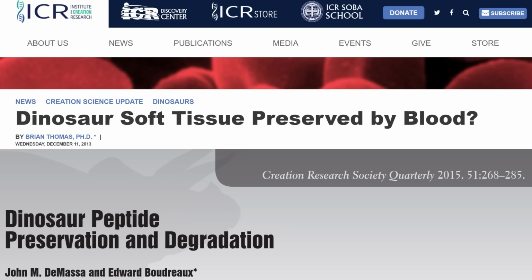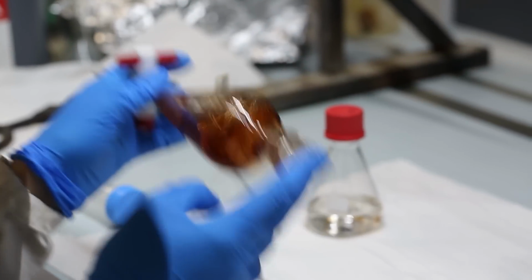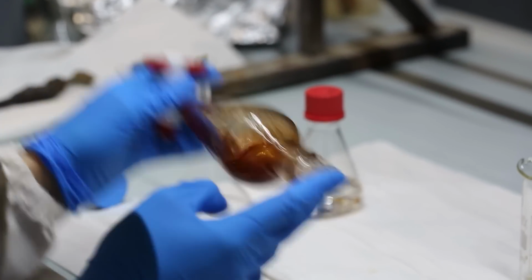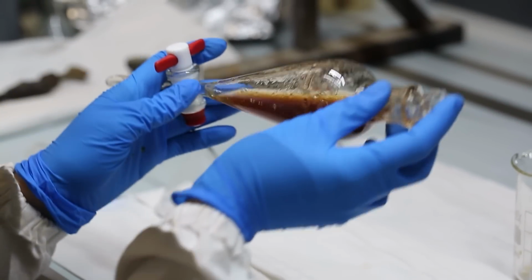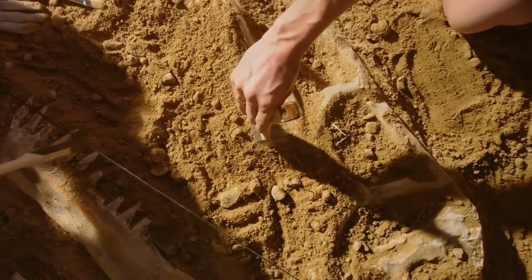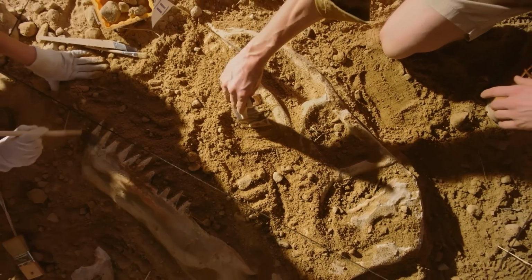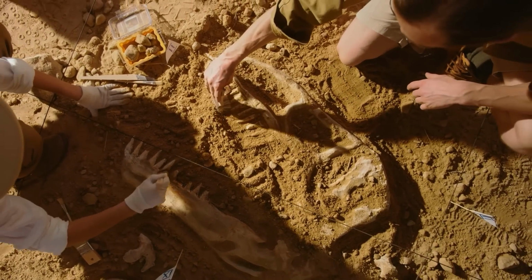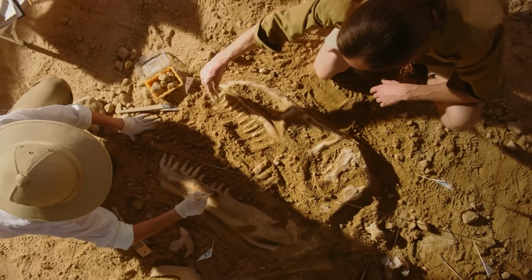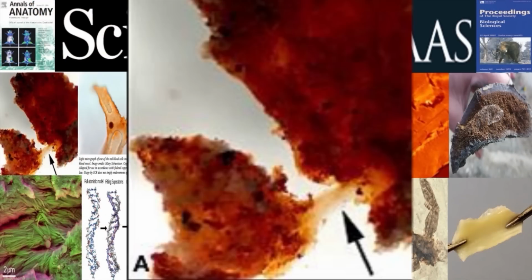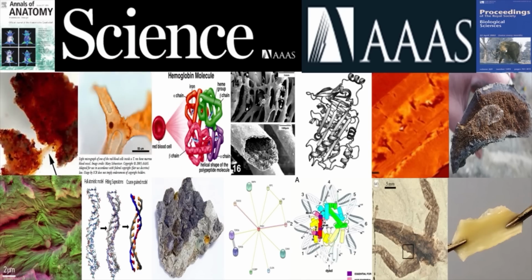This iron preservation idea has long since been debunked because the experiments used purified and concentrated hemoglobin, a product found nowhere in nature. And dinosaur bones don't contain enough iron to even start the preservation process. Even if iron somehow defied the laws of thermodynamics to preserve dinosaur blood vessels, what about the 15 other varieties of soft tissue?